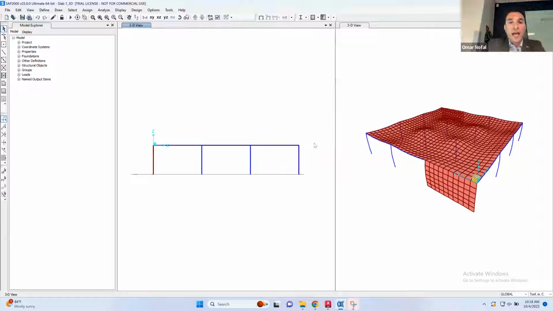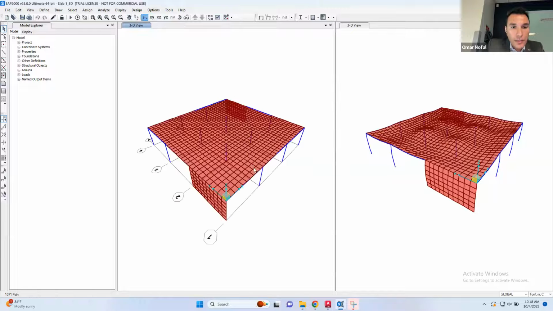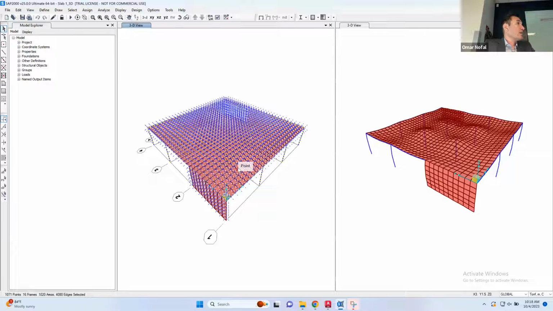So let's see what will happen. I'm gonna select this and I make sure that I'm not selecting the support. So I made the selection from here, a little bit above 0. So let's see how the 3D looks like. So I selected everything. Can you see? But if you made XZ view and you did the same thing,